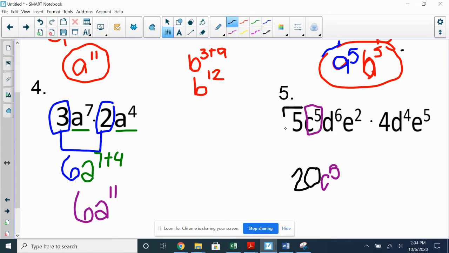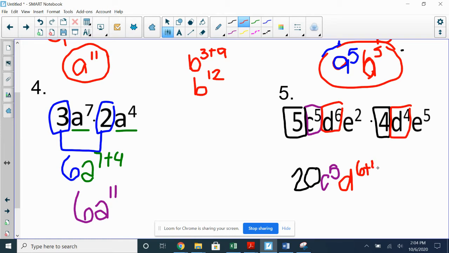We'll circle this in black because we did our numbers in black, just so it's kind of color coordinated. C was the only one of its base, so we left it C to the 5th, and then we have base D, so circle that in red, and base D. So we're going to keep that matching D, and it's going to be D to the 6 plus